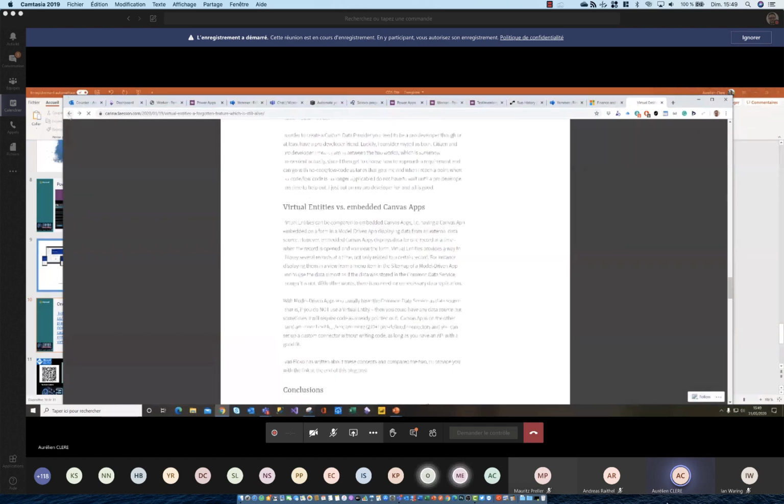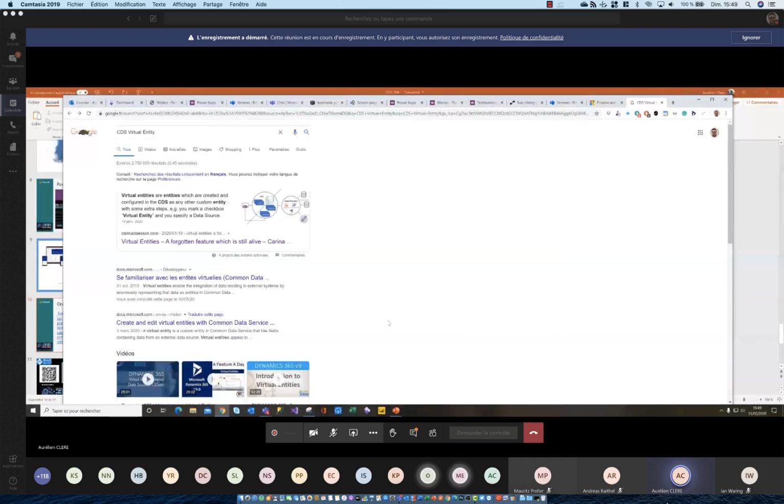And when I asked the product team which tool we have to use, he answered, okay, it depends on your scenarios. So for some use cases, you will use CDS dual write. For some quick use cases where you just want a mirror of your data entities in CDS with a virtual entity, you can choose this kind of architecture.